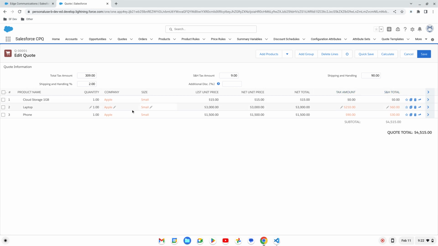And because it's a cloud storage product, we're not shipping anything, so we're not going to charge shipping for this product either. So that's some of the differences, and some of that, again, dynamic capabilities that CPQ is going to offer when calculating your quote. So for laptop,